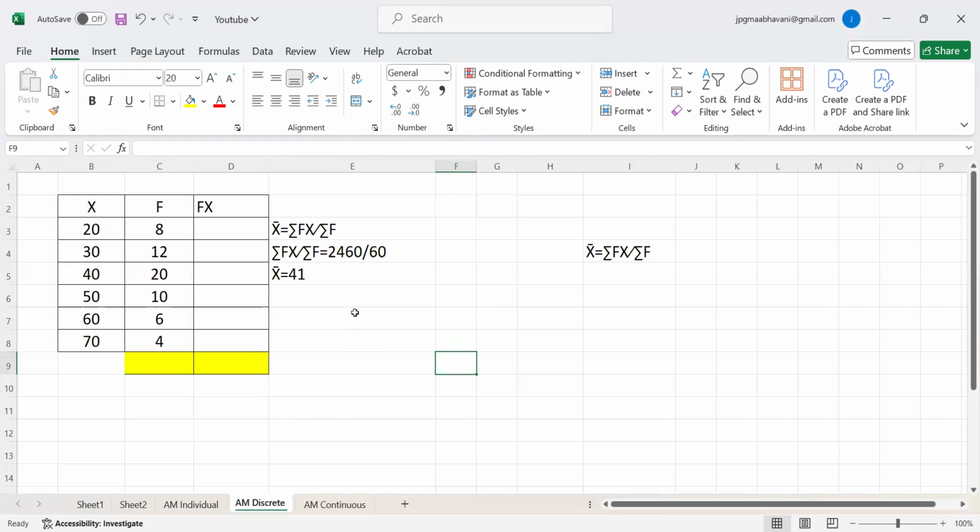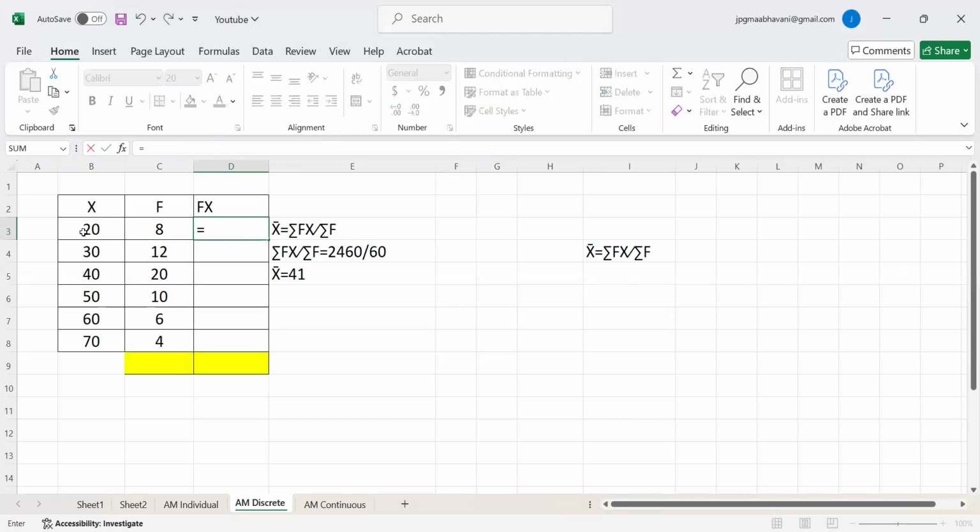If we would like to apply the direct method of finding average in a discrete series, we find that the formula goes as sum total of the product of the x values with their respective frequencies divided by sum total of frequency. So f and x need to be put in together. I have to multiply 20 and 8 to have a product of the two. To make my work easier,